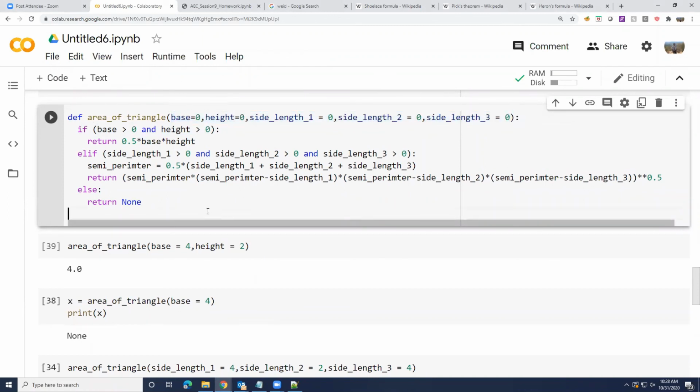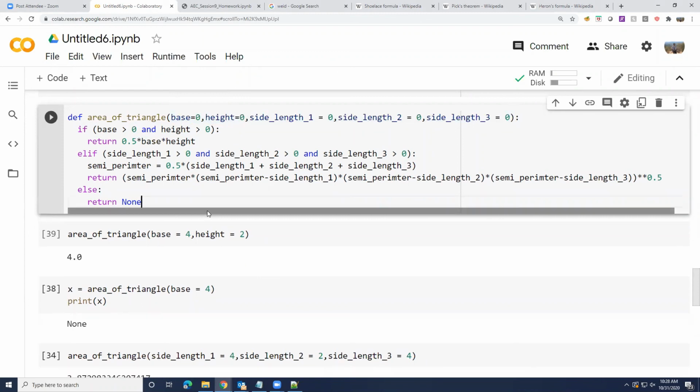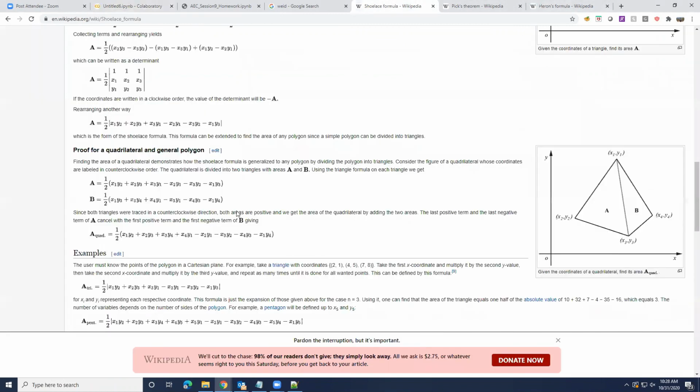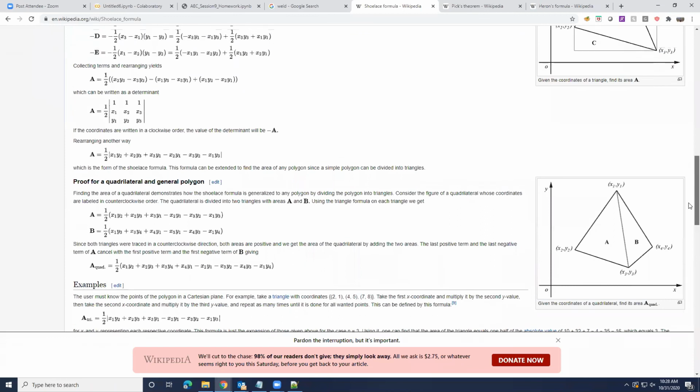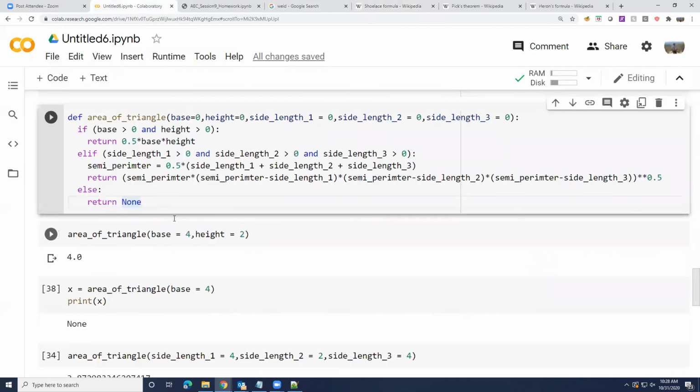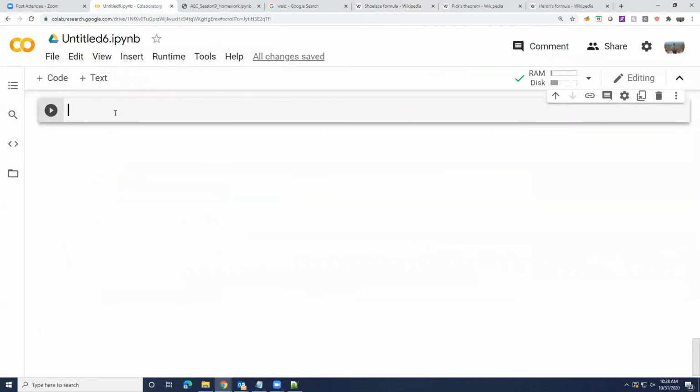Now let's move to a little more complex thing. What if I want to calculate the area of a quadrilateral? Obviously, there is no easy formula. Let's implement the shoelace formula. Basically, we'll implement the shoelace formula for the area of a triangle, and then we'll try to extend it to the area of a quadrilateral. What's the shoelace formula? Of course, you don't have to know. Actually, let's skip that one.